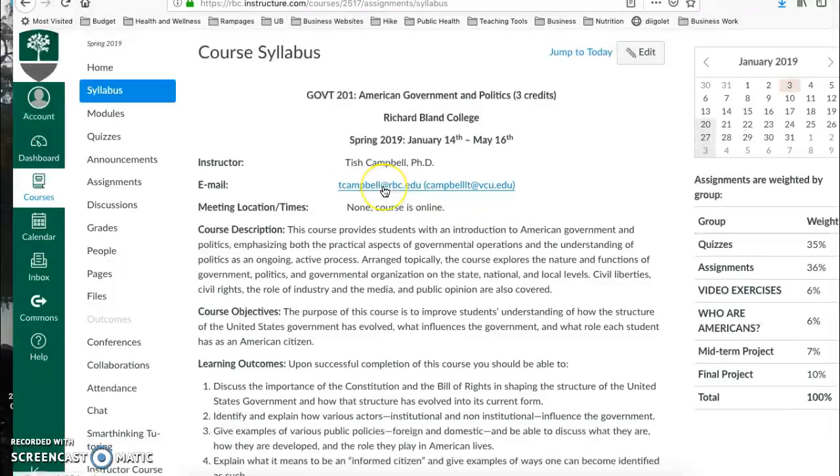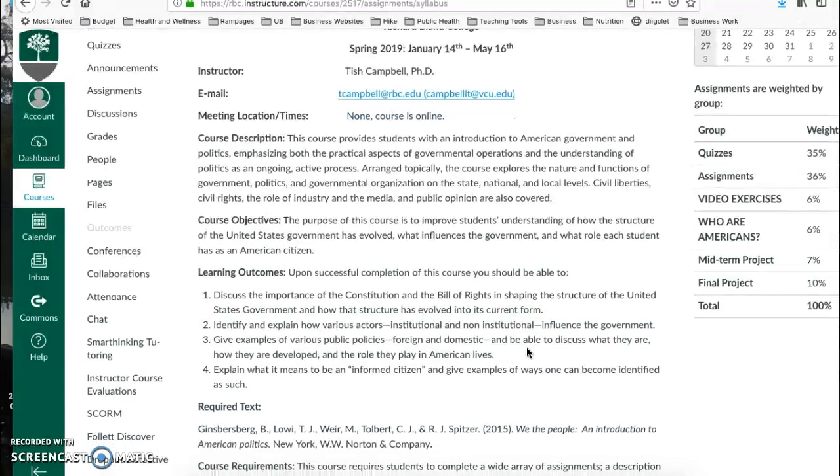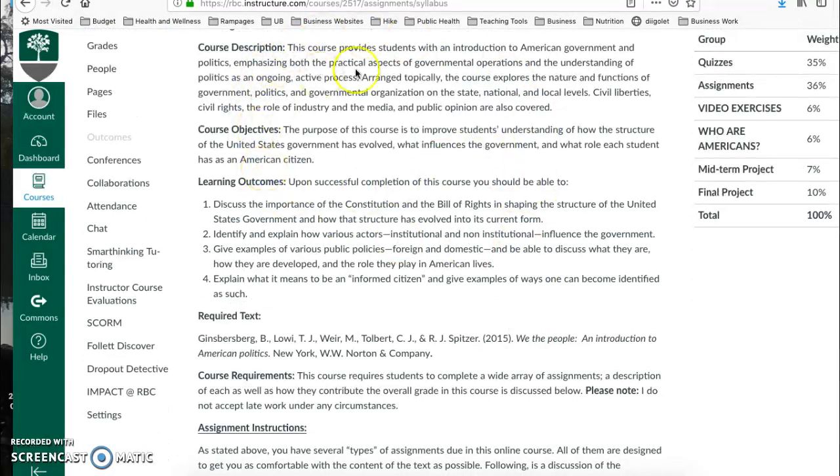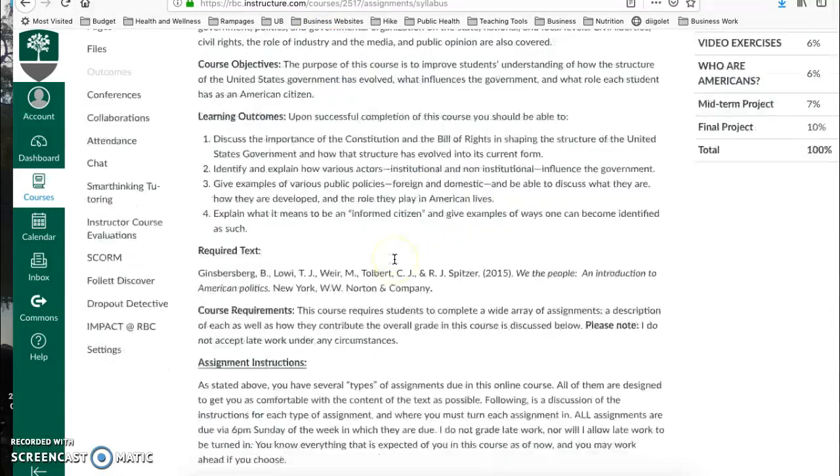And here is my RBC email, but I also teach at Virginia Commonwealth University. I check both each day, but I check the VCU one, where I teach a few more classes, about 3-4 times a day. So if you want a quicker response, go for this one. If you're fine with that, you can email me here or via the inbox here on Canvas. I will check all of them. Please just read a quick skim. I know you won't commit it all to memory.